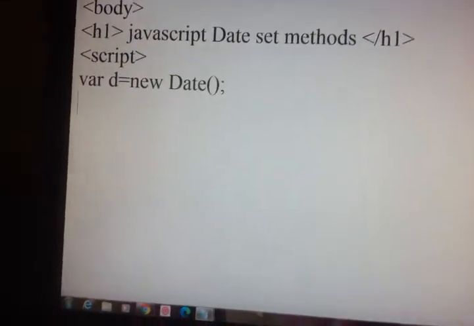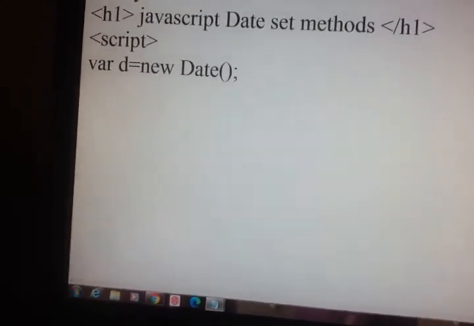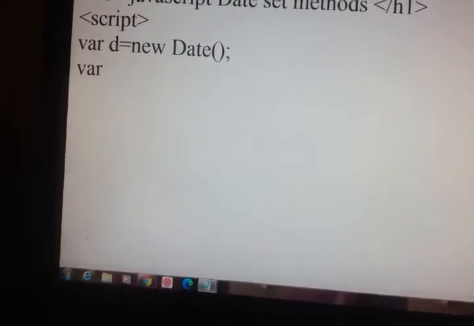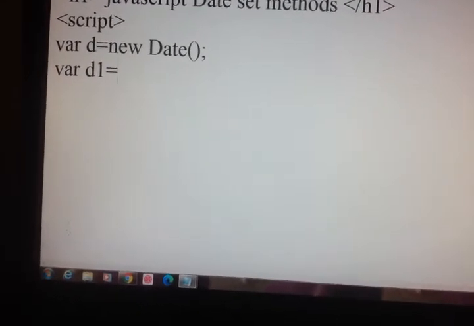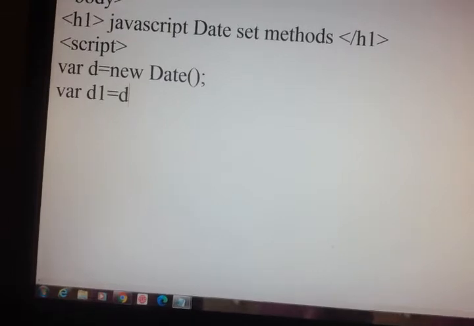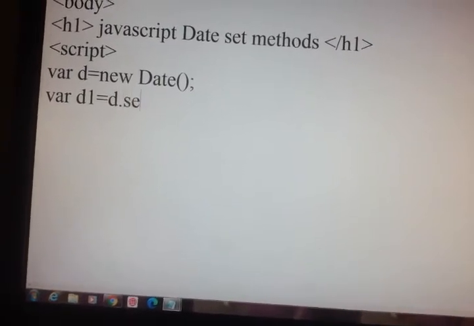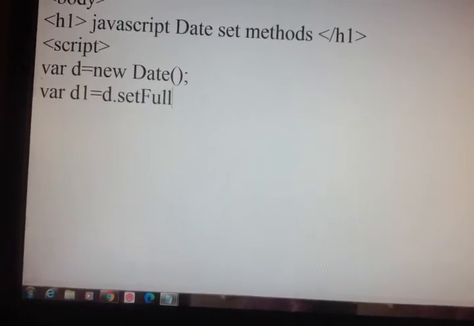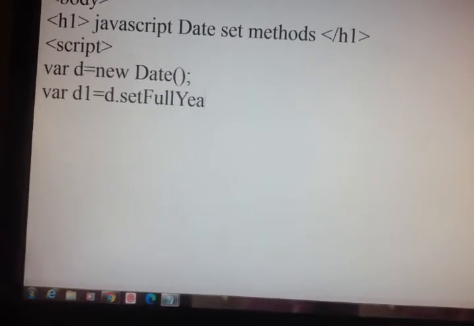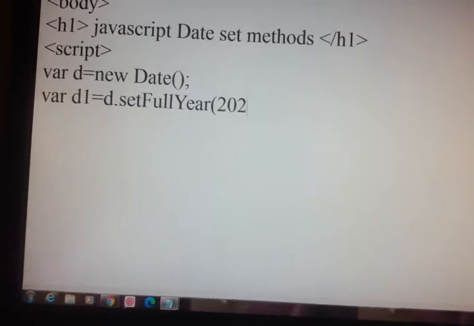Then variable d1 is equal to d dot set full year 2020.